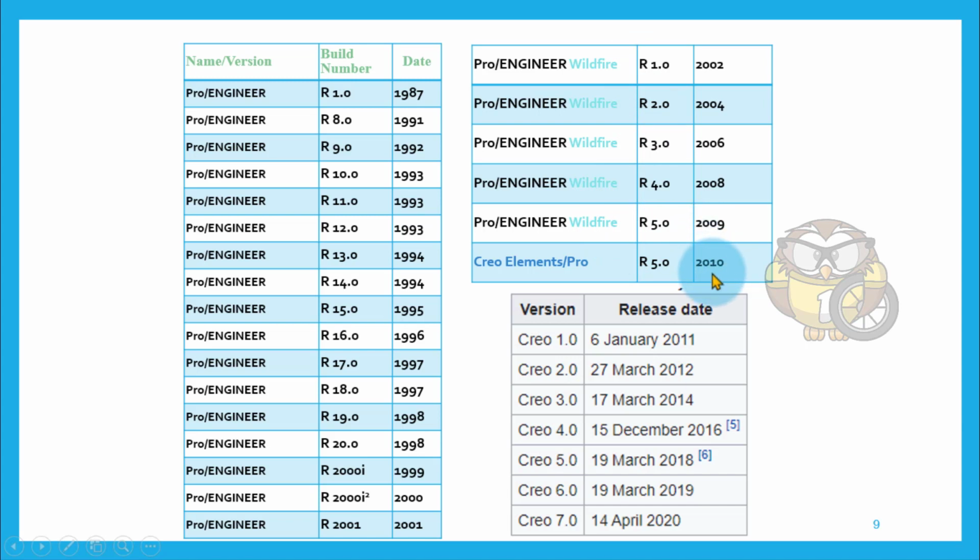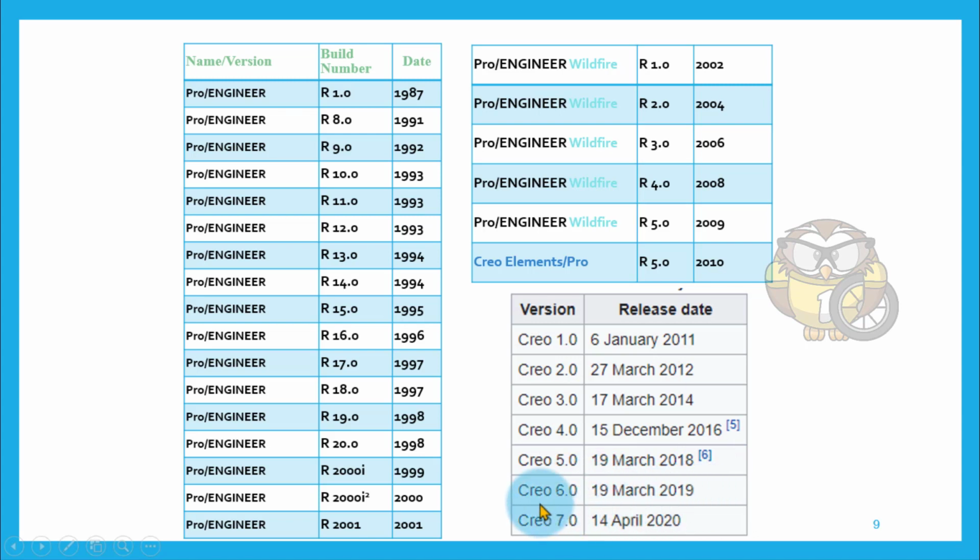After that, in 2010, the name changed again to Creo Elements/Pro. That was only for one year. After that the name changed again. In 2011 Creo 1.0 was released. After that Creo 2.0 in 2012, Creo 3.0 in 2014, Creo 4.0 in 2016, Creo 5.0 in 2018, and Creo 6.0 in 2019.